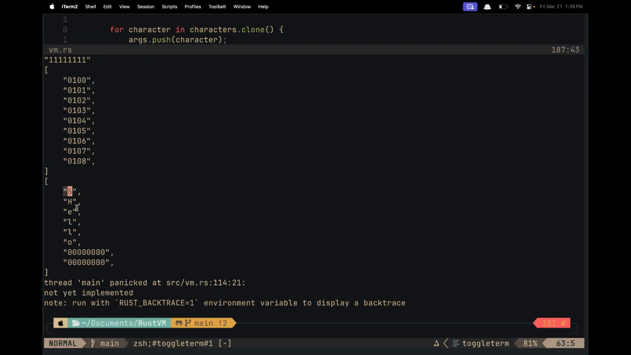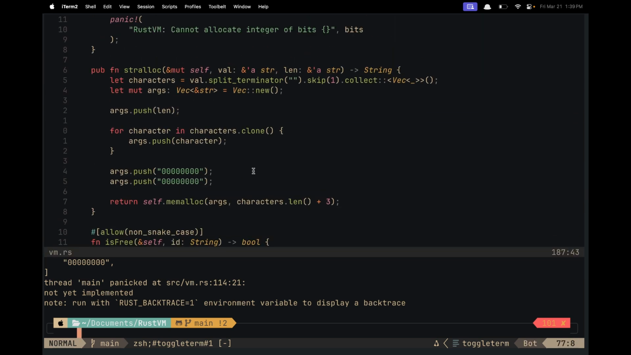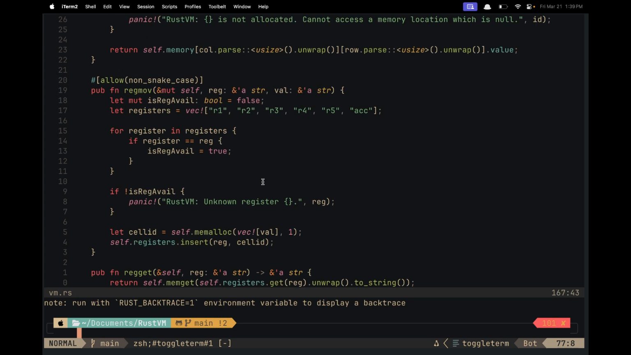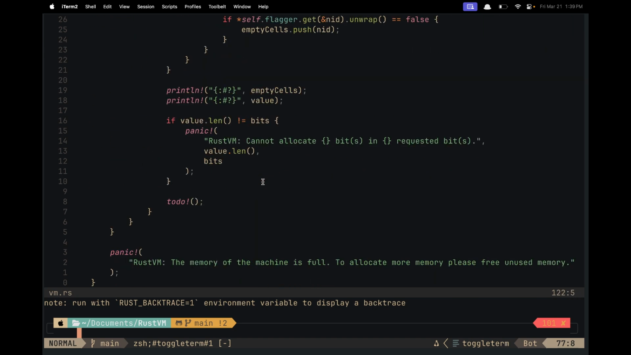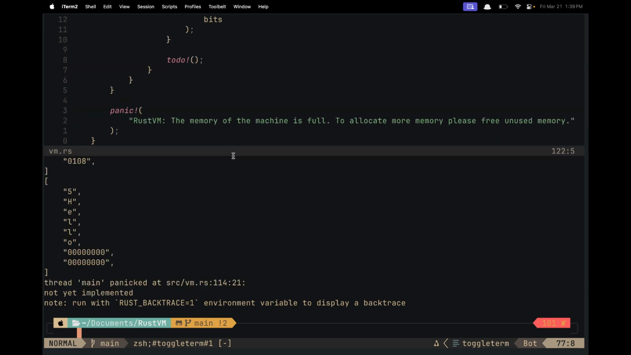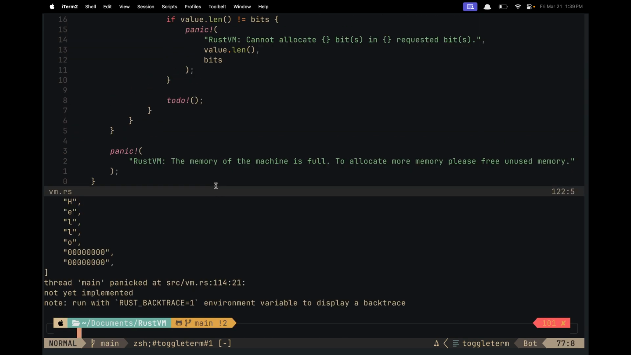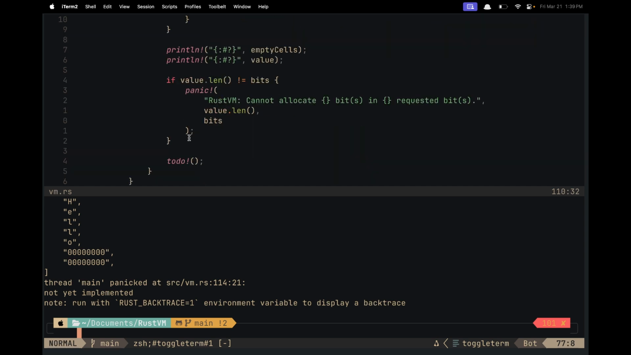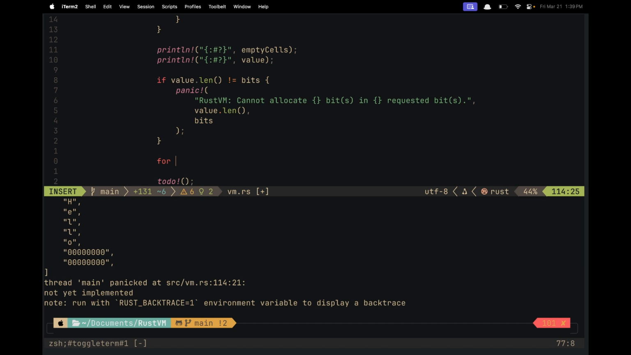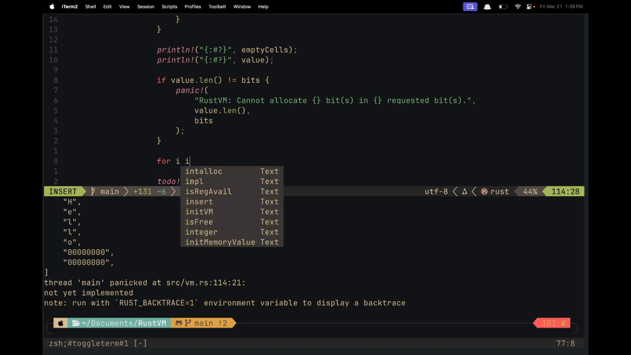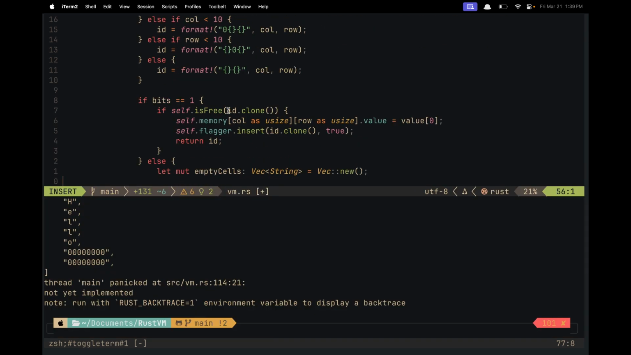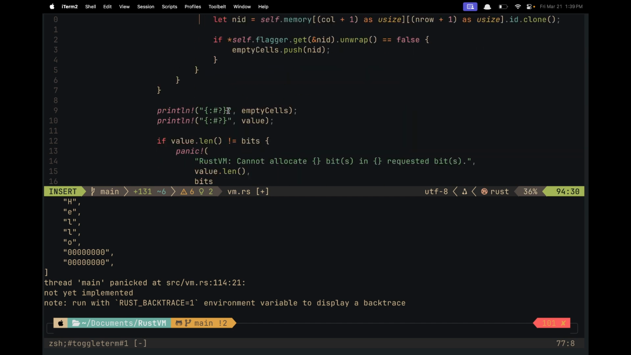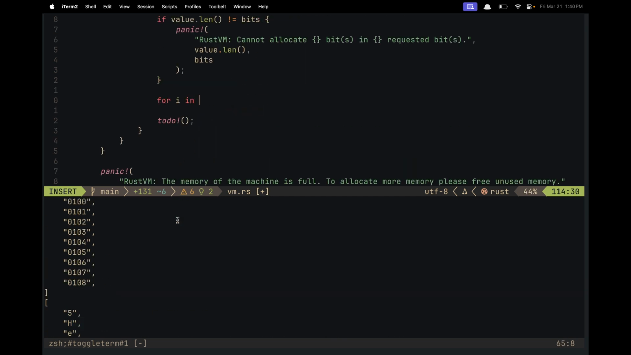So you can see we get this, right? Now we can allocate 5 into this, h into this, something like that. So that's what the next thing we're gonna do. We're gonna go back to here. So first, we're gonna go for i in... Do we have i declared somewhere? No, probably not. We don't have i. Okay, so for i in our empty cells,